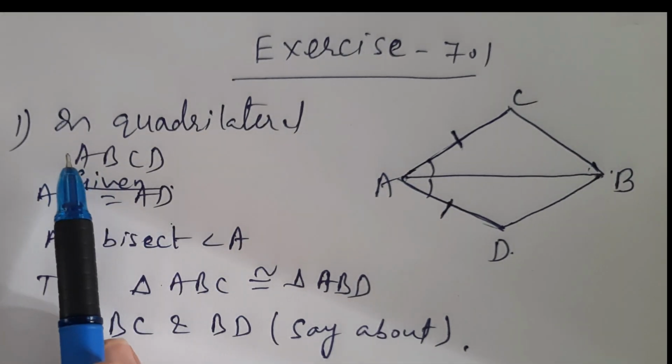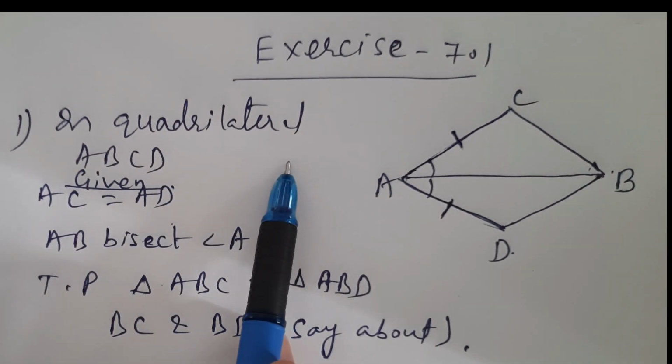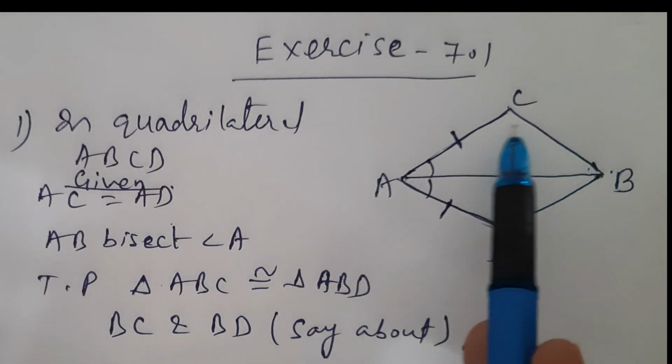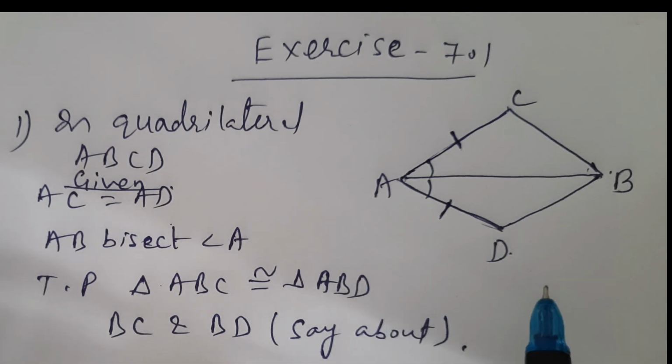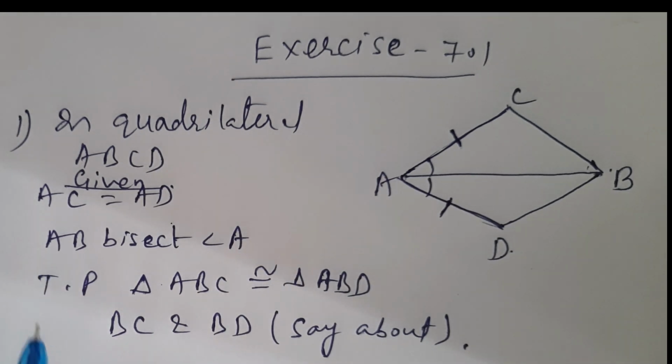Okay, so here in this question it is given ABCD is a quadrilateral. Though the letters are not in sequence, the figure is already given in the question. Whenever we start with this kind of question in geometry, especially in 9th standard, it is very important to draw the figure, which carries extra marks, and whatever information is given in the question that we need